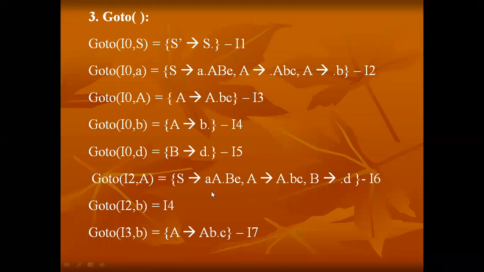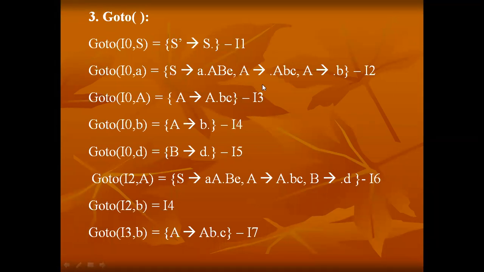So directly we are giving the item number here because it was already constructed here by calling the goto of I0 comma B. It is A tends to B dot. And when I perform goto of I2 comma B, whatever the rule I will get, it is also A tends to B dot. Both the productions are same at I0 with B and I2 with B. So directly I am taking the I4 where it is an existing item number 4. And now I2 is completed. In I2 for all the 3 production rules, I done the processing.